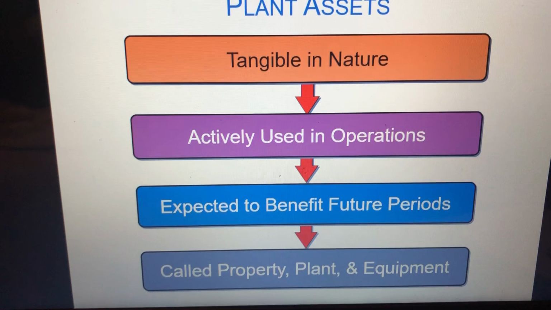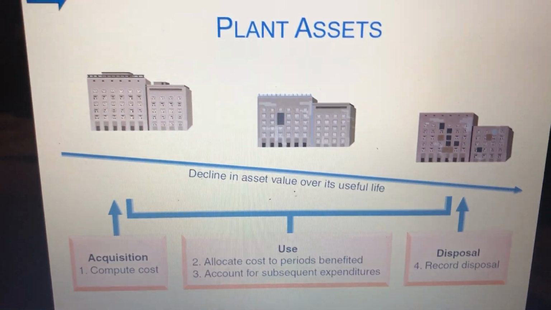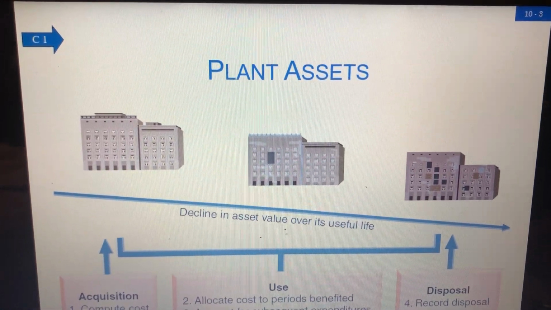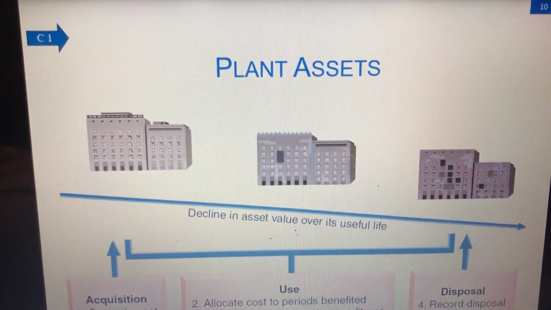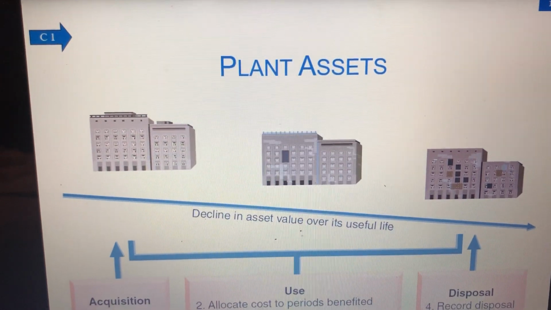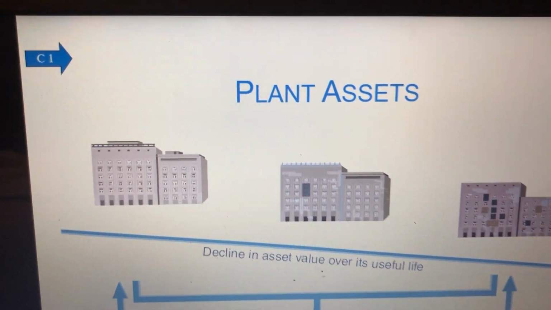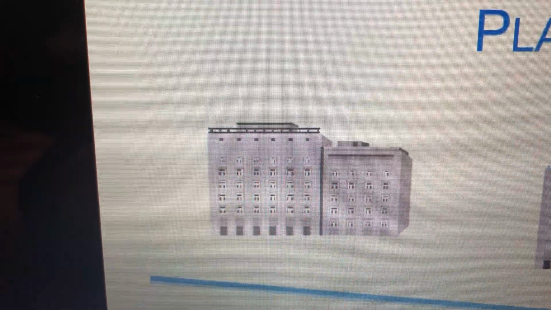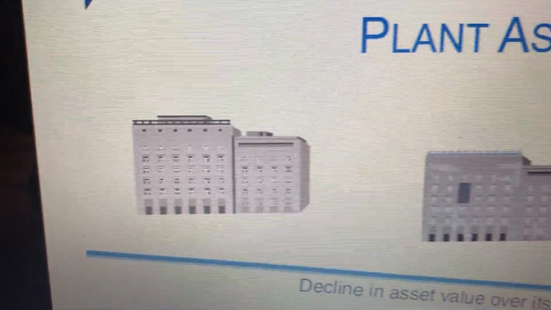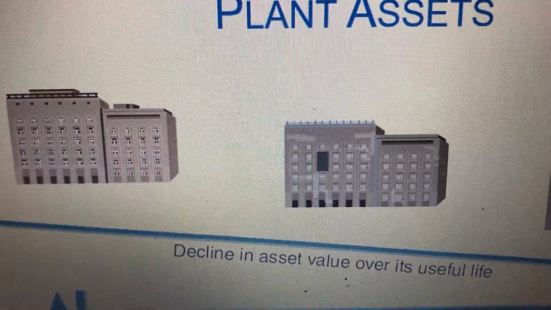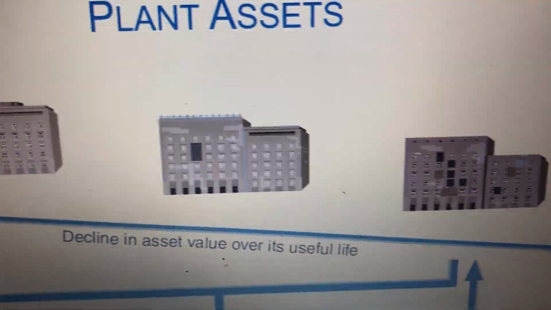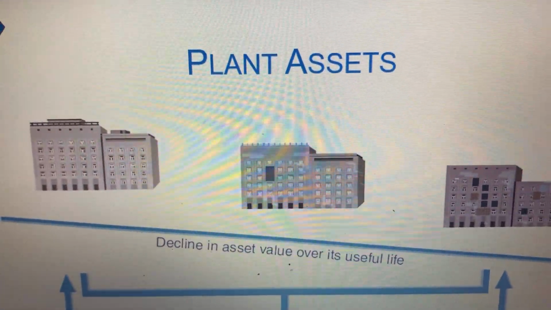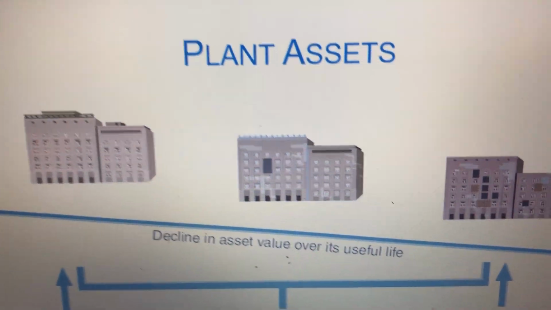Now, we want to also look at the term depreciation, because if you have a plant asset, either a building or equipment, you can, accountants don't like this term, but you can write it down. Let's take a look at this. A building, when you first either purchase it or build it, looks really nice, but over time it declines in value. You see it needs repair work there, and then it gets to the point where it's no longer useful. Probably a building would last, I don't know, 60 years or so before you have to tear it down and